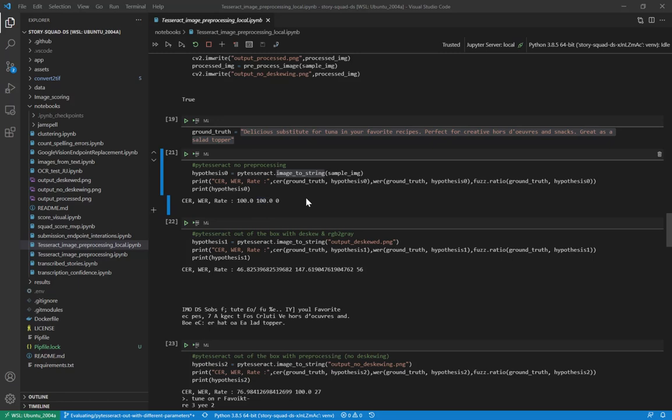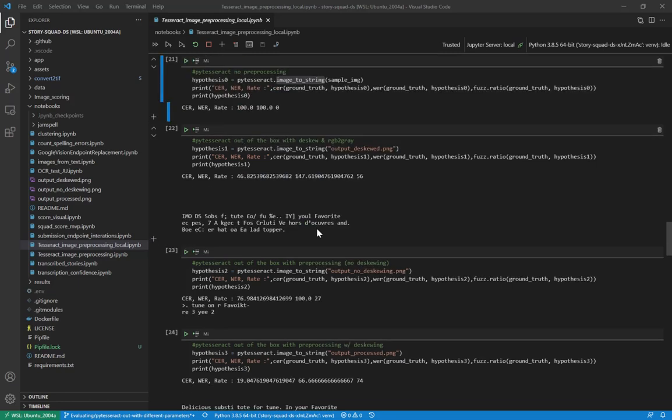It doesn't matter what I do to it, I will get good results. I disproved the null hypothesis, and basically now I have to make some changes in order for the OCR to be able to extract meaningful text or strings from the image that I have. So I run a second hypothesis, in this case hypothesis one, and it is again Tesseract out of